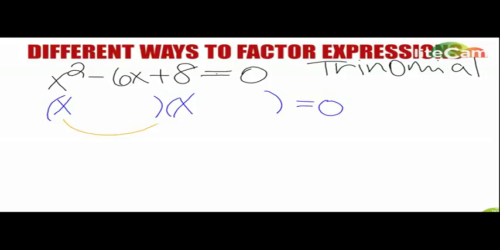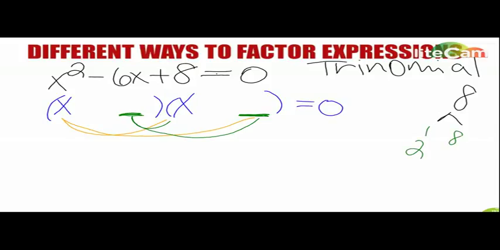Now, I have to have an x in the front because in order to get that x squared, as if I were to FOIL it, I'd have to have an x in the front of one factor and an x in the front of another. Now to find the two numbers in the back, I have to use that third term, the 8. And if I factor the 8, I get 1 and 8 and 2 and 4. But the only thing I can use are the numbers that will make the middle term, which is a -6. So I have to make the two numbers negative. If I make it a -2 and a -4,